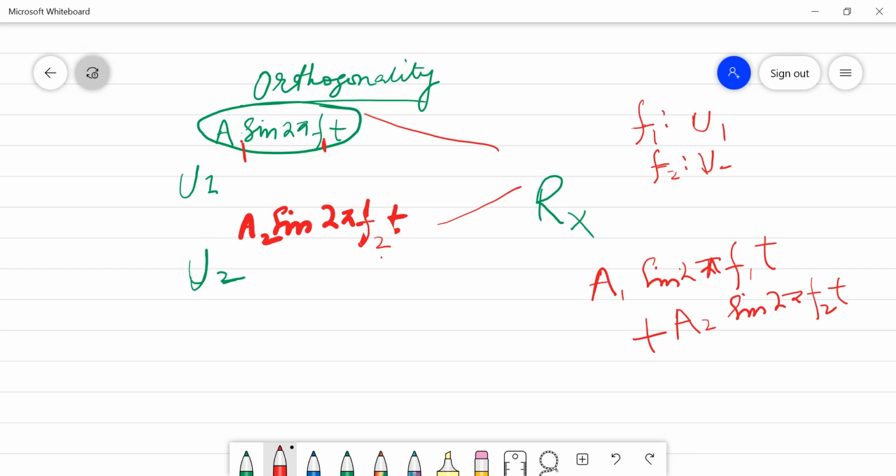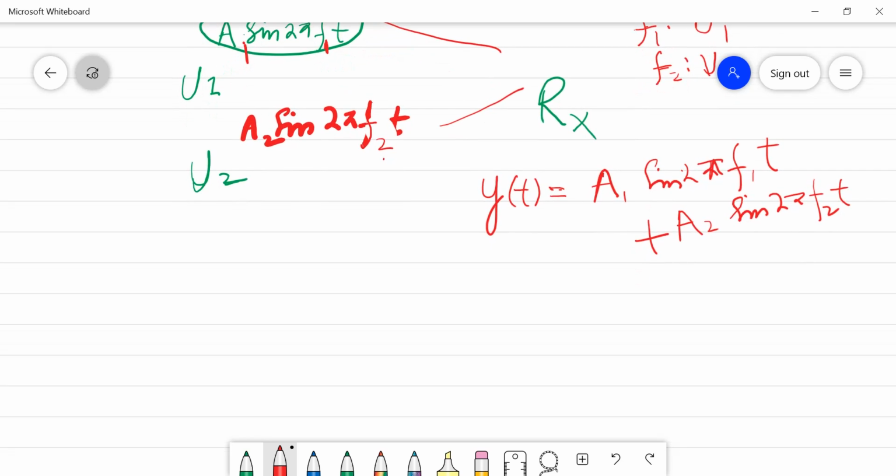Now a simple operation which the receiver can do is called the correlation operation. So what correlation means is that suppose you represent this as y of t, okay, so the receiver will do y of t